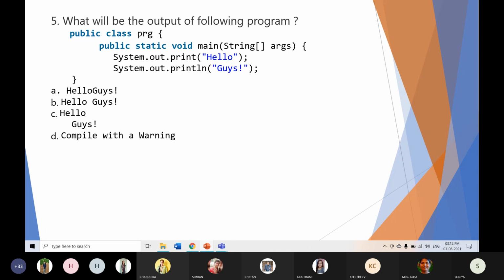Option A is correct because system.out.print does not print a new line after printing the string. So next we have system.out.println. It prints a new line after printing the string. Yeah, exactly. Purnima, you are right.